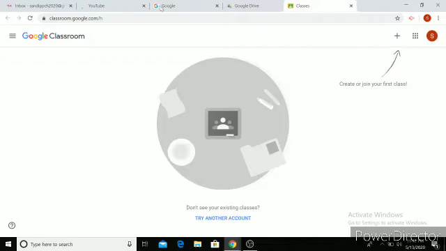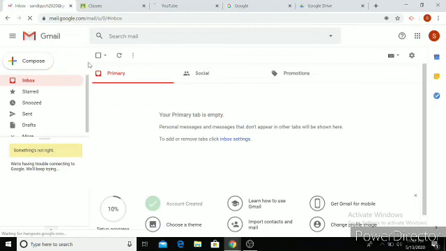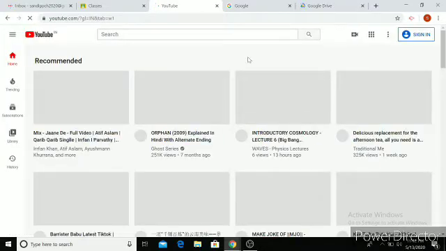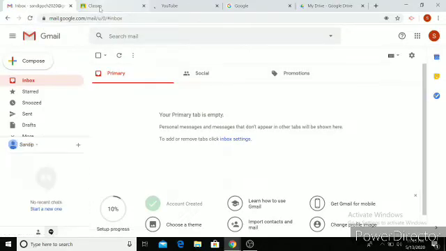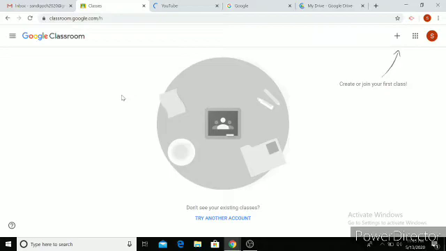This is opened by using the same Gmail ID. Please remember, if you are logged out of Gmail and then you want to go to Google Classroom directly, you can go to Google Classroom in your browser and then log in using the same email ID. I'll just cross check all of these so that I can show it at a faster pace. This is my email, so I'll close this down and let's go to the classes now.